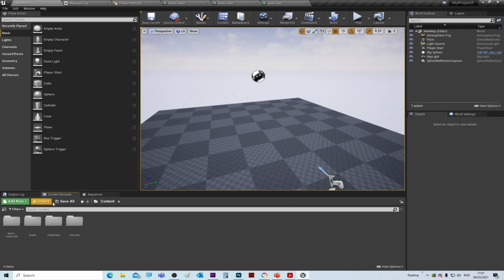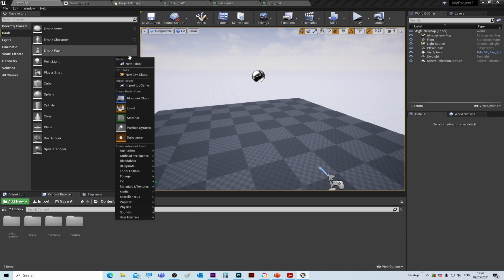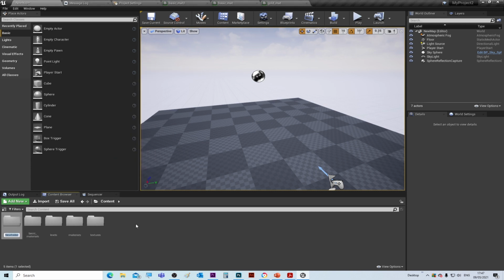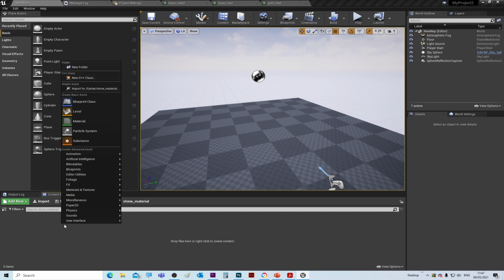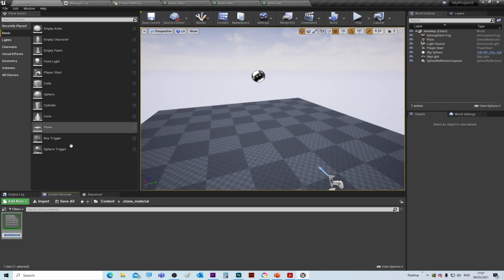So I'm just going to create a new folder. I'm going to call it stone material. I'm doing this to make it a little bit more organised in here, so I'm just going to create a new material. I'm going to call it stone mat. I'm going to open that up,